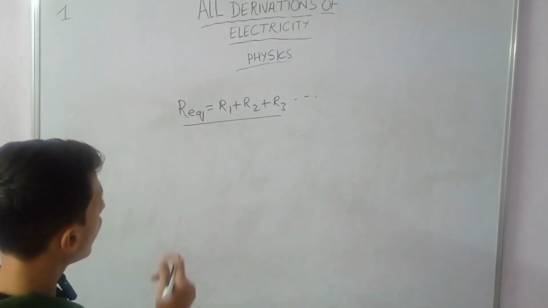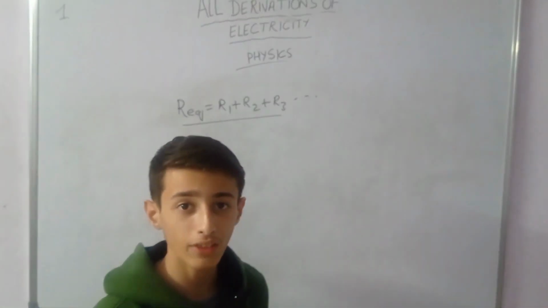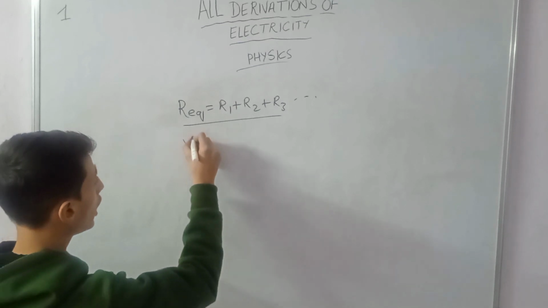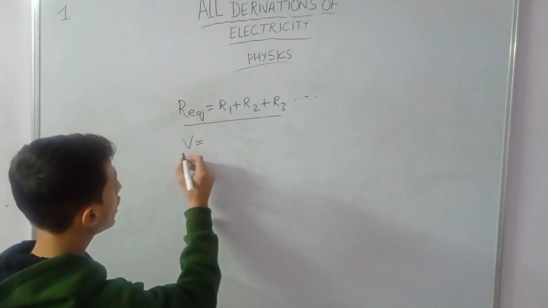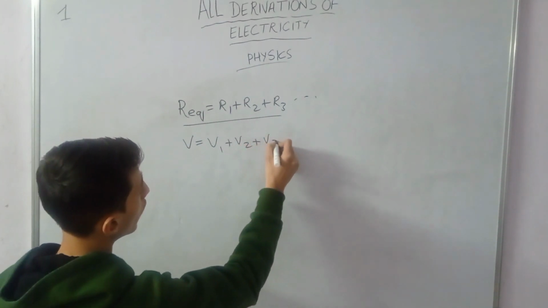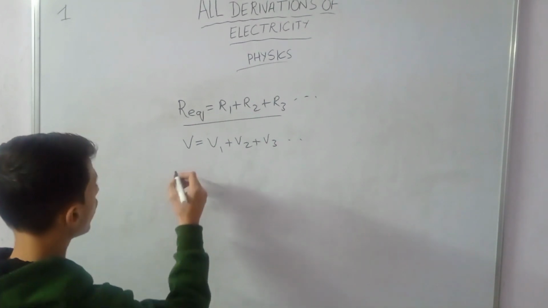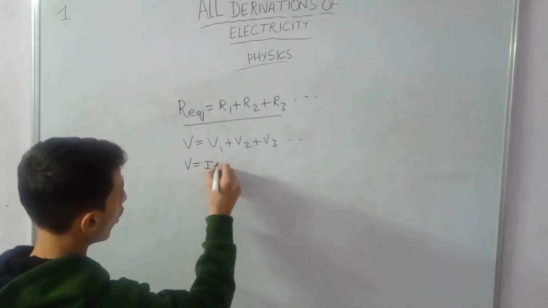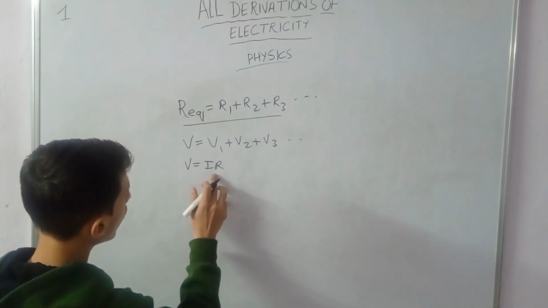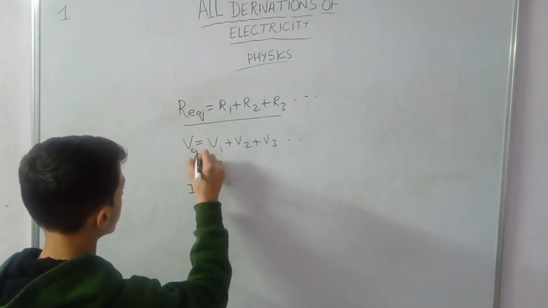We know that when we connect the resistors in series, there is a division of potential difference. So the total potential difference becomes V1 plus V2 plus V3 across all the resistors. Now, from Ohm's law we have the formula V equals IR, and if I put the value of IR in this formula, it becomes